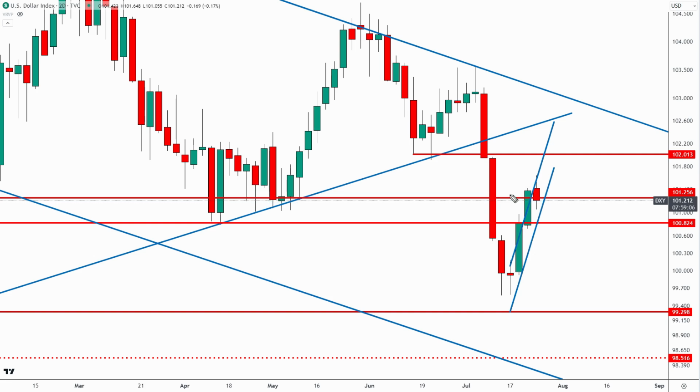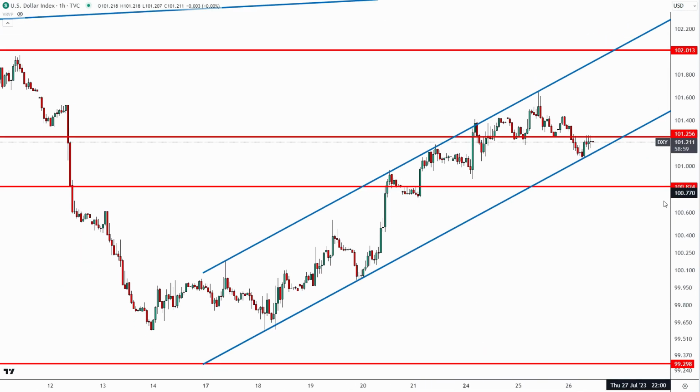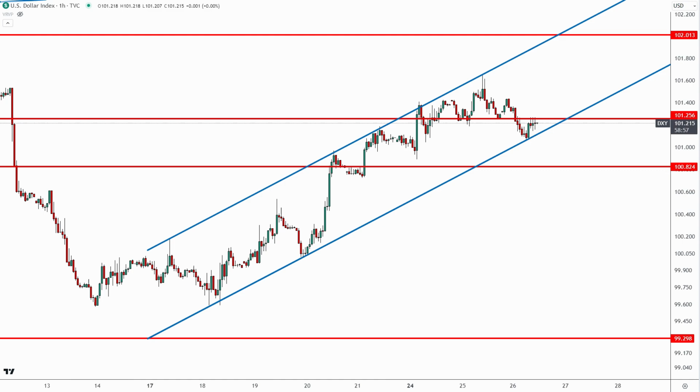And lastly, if we drill down even further and take a look at the 1-hour time frame, this is also a channel that I've talked about recently, including in last week's forecast. You can see that the market was unable to break out of the top of this channel. We've had multiple touches off of the top of this channel up here, which is what I talked about last weekend. We've also seen the market bouncing here from channel support. So as long as the DXY is above this area, and especially 100.8, I am cautiously bullish on the